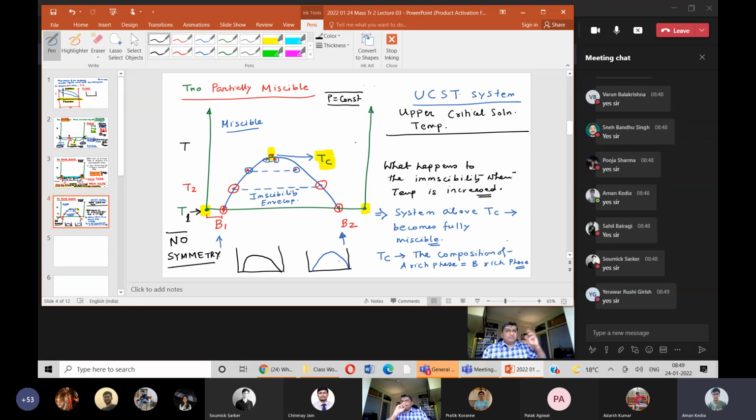So why I was giving this example of sugar, mixing of sugar at high temperature and all, or if you want to make instant coffee, you have to increase the temperature. If you just take a glass of water and put some coffee and try to mix it, it will not mix, right? This we all know. But if you increase the temperature, it mixes nicely. So that is not a perfectly valid example, because you are mixing a solid. Coffee is a solid. So that's why it's not a perfect example.